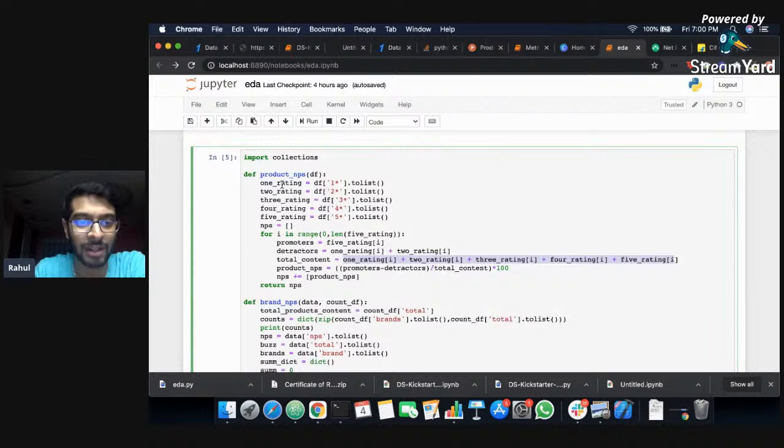So 1 underscore rating is nothing but, so this is basically a function. Okay, a function is written in this format. So you say def, space, the name of the function, and within parenthesis you define the arguments of that function. So here I'm going to be passing an argument which is nothing but a normal data frame. So when I say this, what it means is that